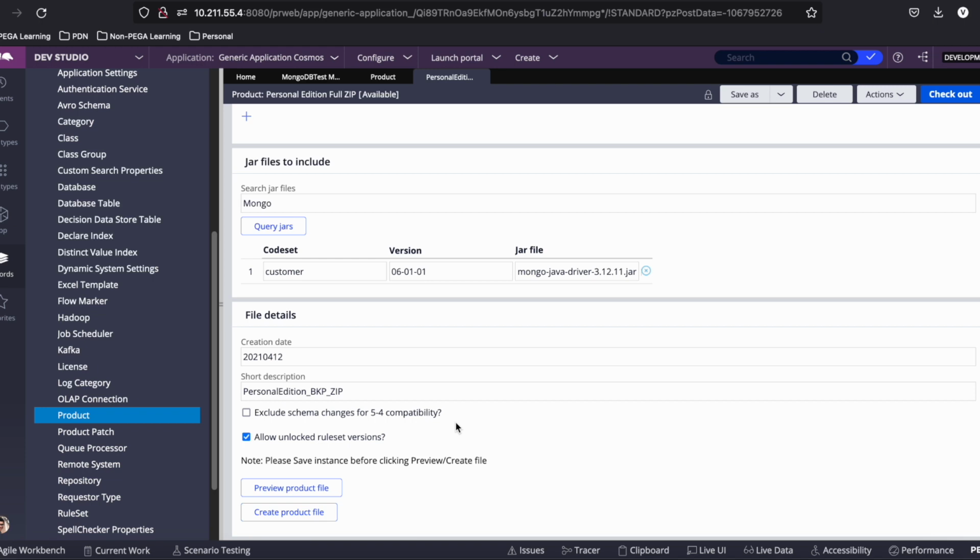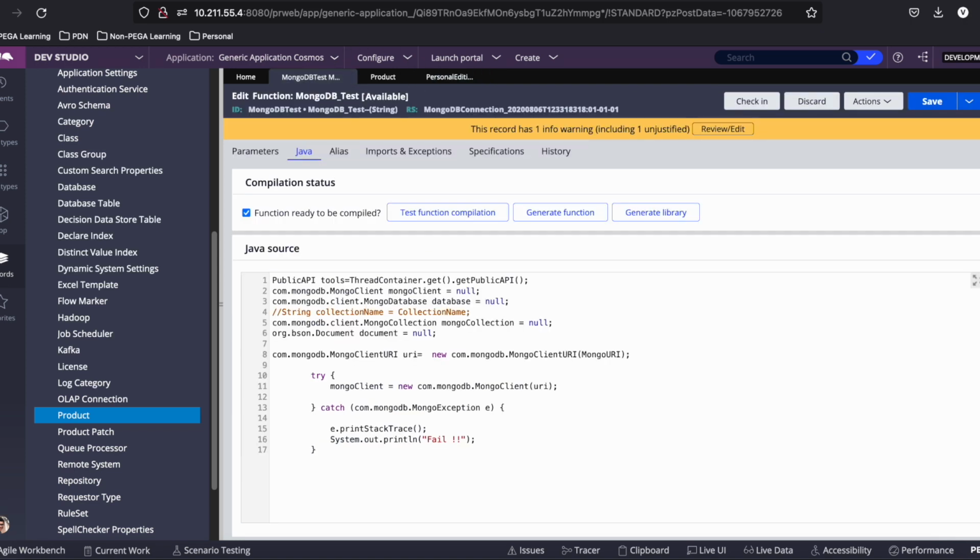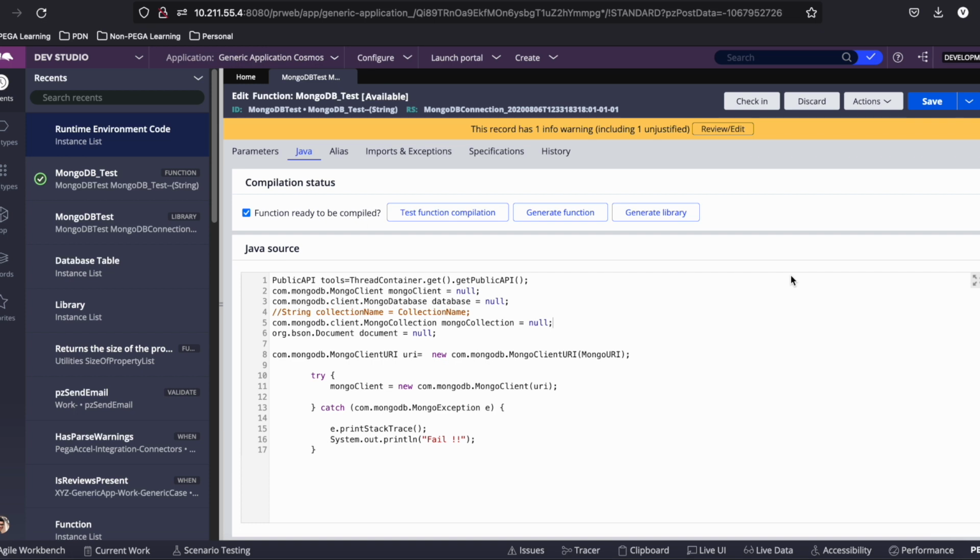But again, that does not negate the need for a server restart. When you do this deployment into the test, acceptance or prod environment, it will again ask you to do a server restart, and the server restart is mandatory, so it needs to be done anyway. Once you're satisfied that the third-party jar is working as expected and you have all the functionalities you require,